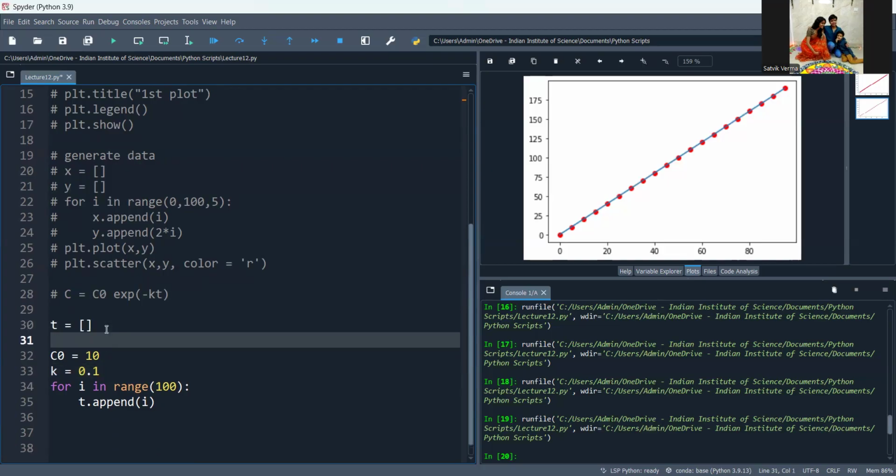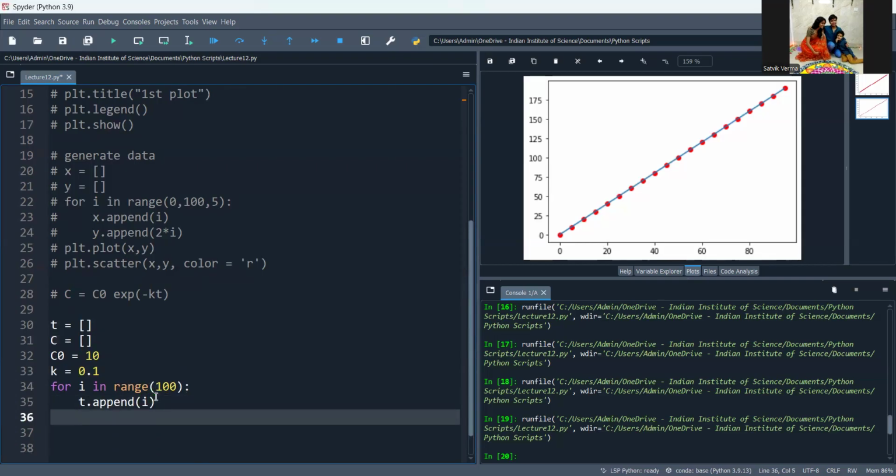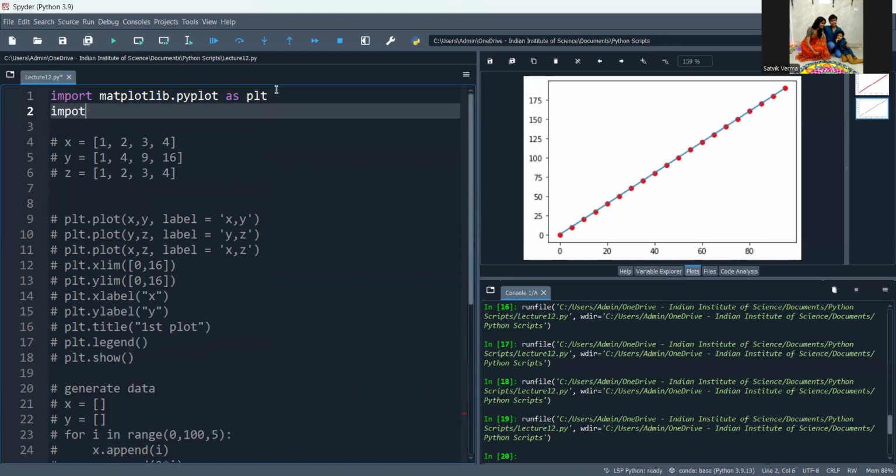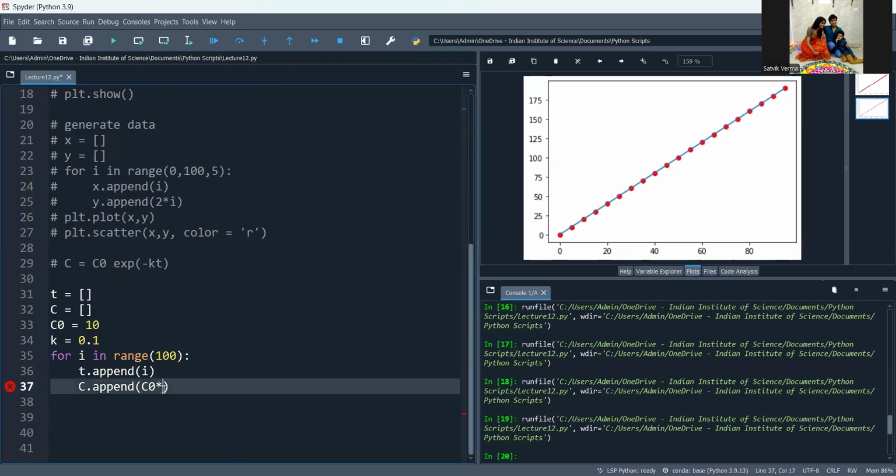So I'll make an empty C list here, and something needs to be appended to this C. So I'll say C dot append C naught times. Now remember, we are doing exponent over here. So for exponent, we actually need the math module, right? So if you have not seen the math module video, please do see that. So we'll import math module and we will say C naught